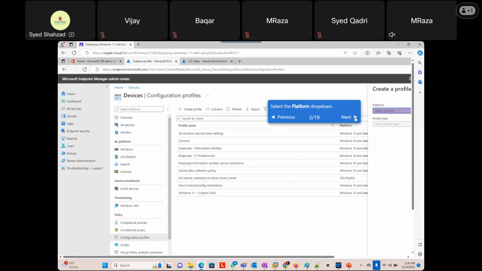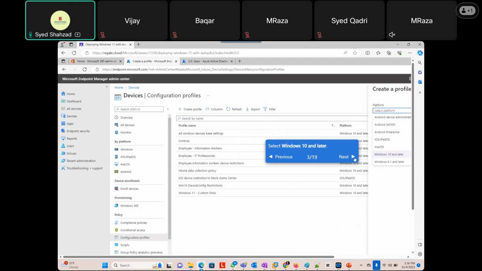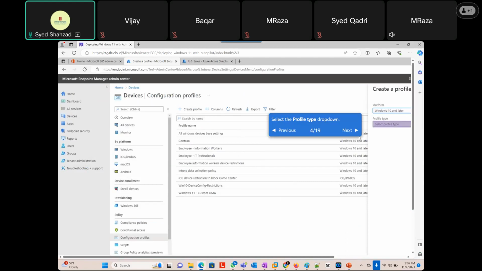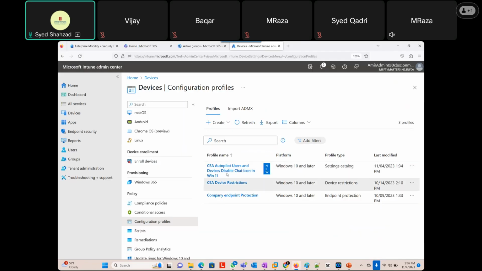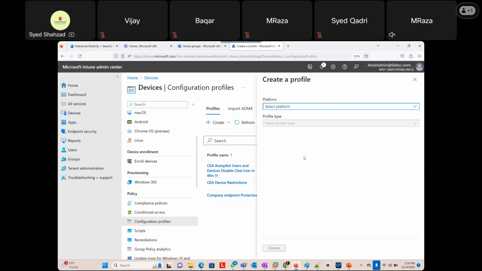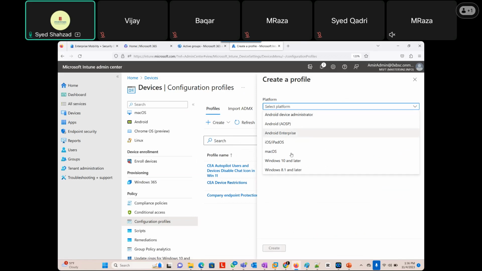Okay, so I'll just go ahead, Windows 10 and later, and select a profile. This time it's templates and identity protection. So I'm just going to go there, and I'm in the configuration profile already, devices, and then go down to configuration profile, and then create new policy, and Windows 10 and later,